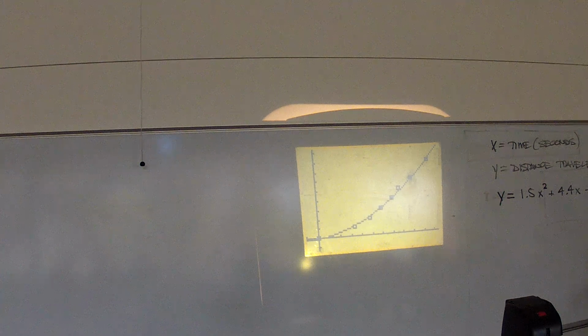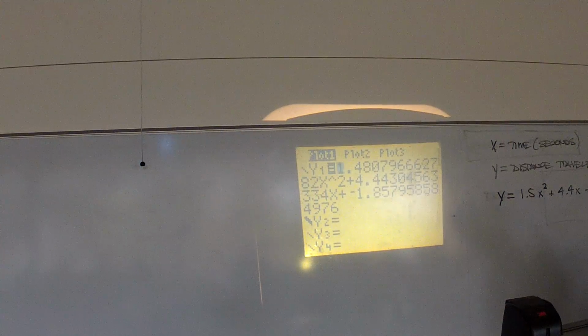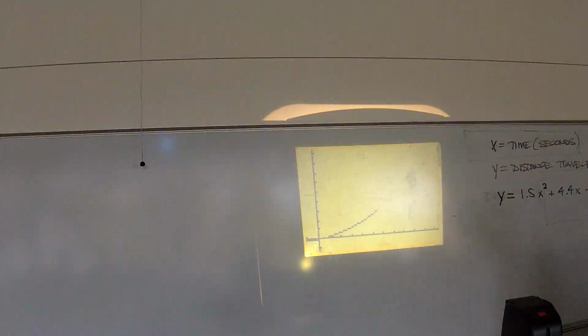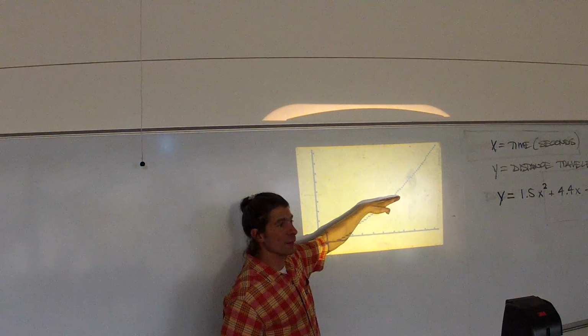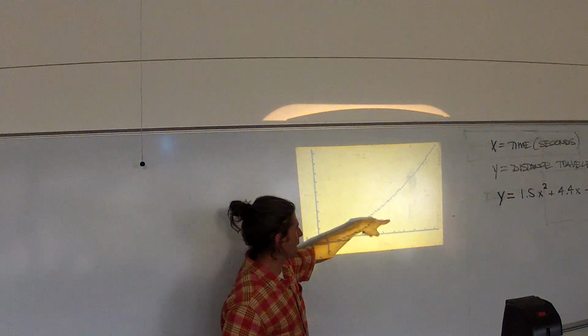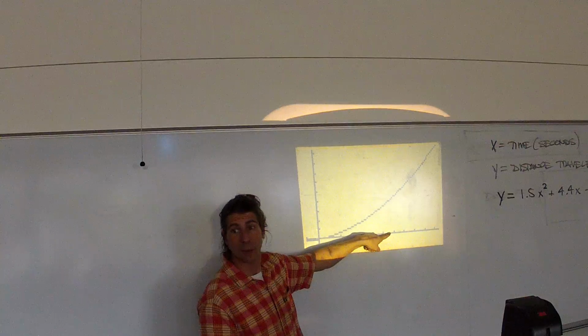Okay? Now, what you're looking at, you can turn your scatter plot off now if you want to, and just look at the curve. The easiest way to do that is to go up in the y equals screen, press enter, which turns off plot 1, and then press graph again. There's my position curve. It's how far I've gone down the hill, corresponding to how much time I've been on the bike going down the hill.